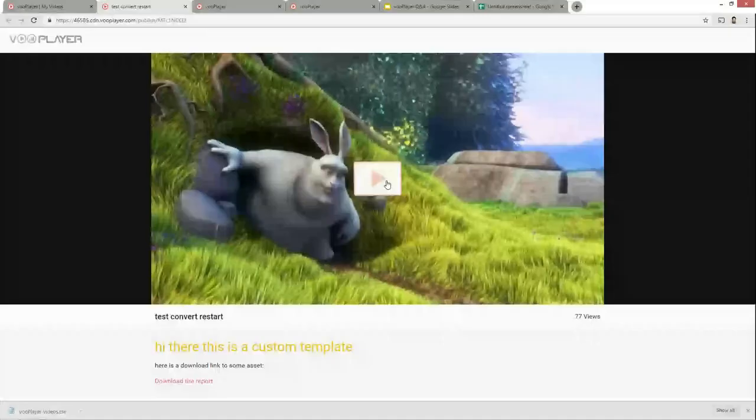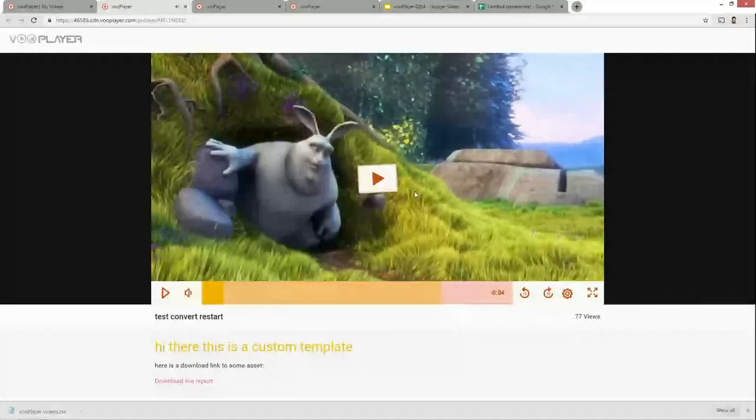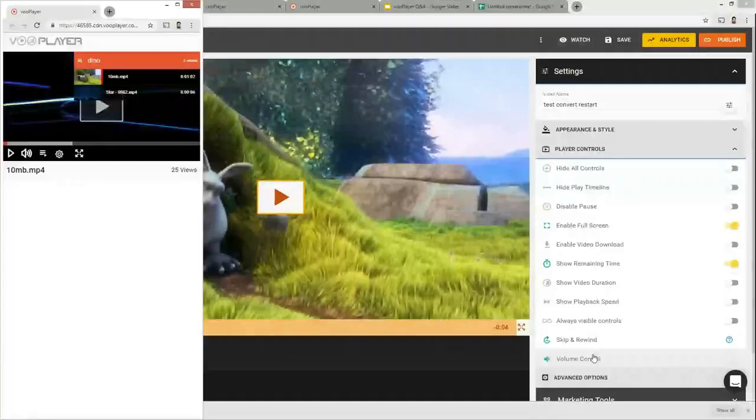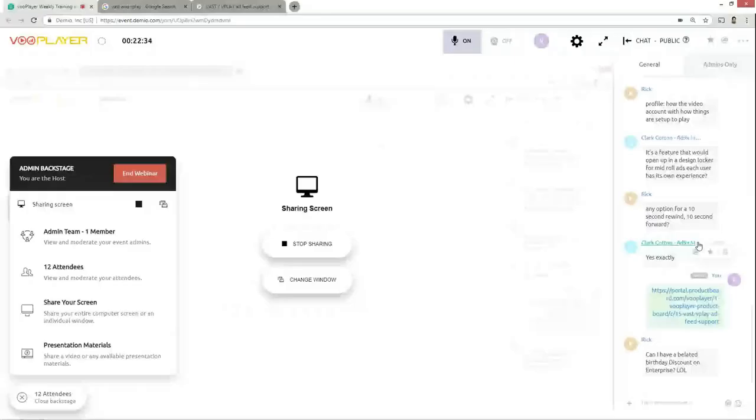It's not going to be all that obvious, but it actually works nicely if the video is paused, so we can see that we can skip back and forth 2 seconds via these controls. So that's available under settings, player controls, and skip and rewind right next to the volume control, which was the previous question.